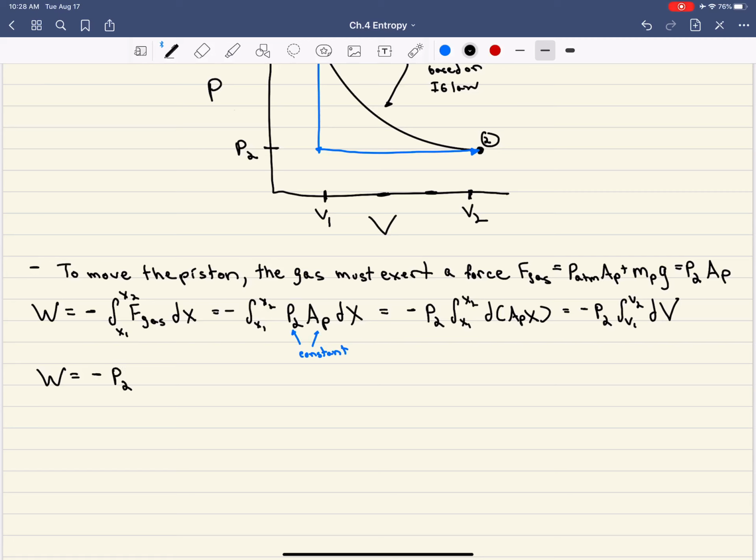Okay? And so you can see this is different than the results that we got when the expansion was very slow and the pressure could be described by the ideal gas law. All right? And so we'll revisit that case later on. But what we see now is that the work exerted by the process is just pressure times the difference in volume. Okay? And once again, we can illustrate that